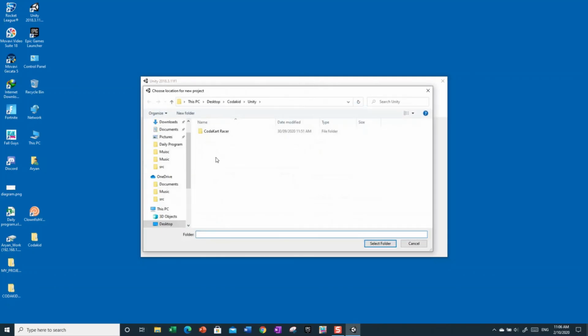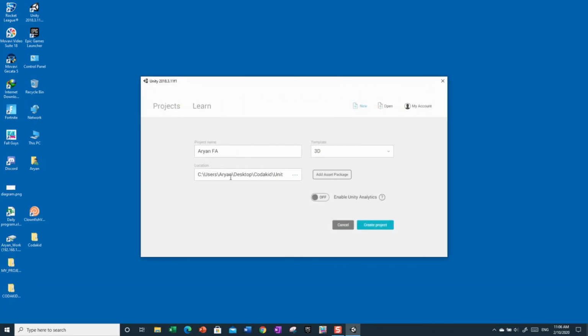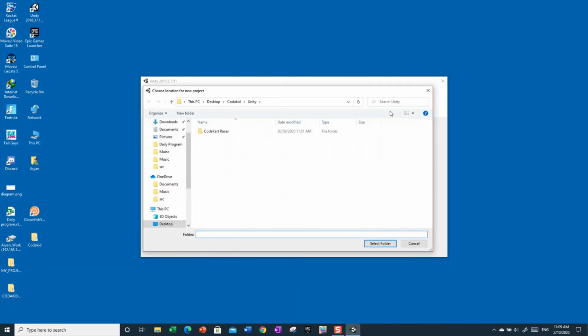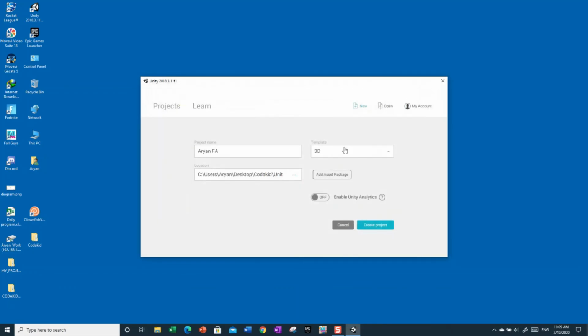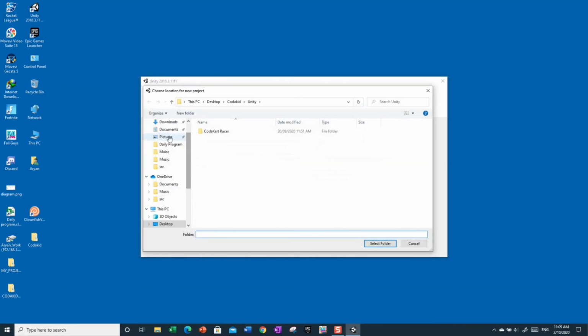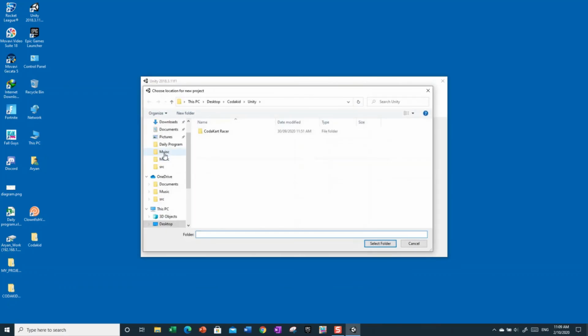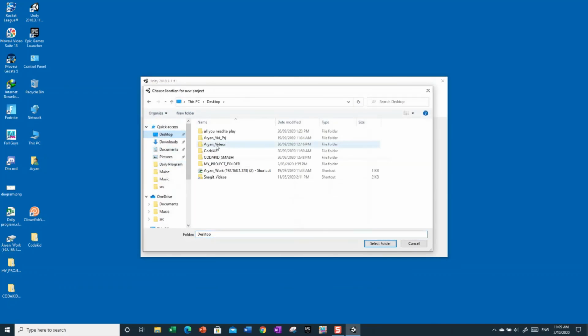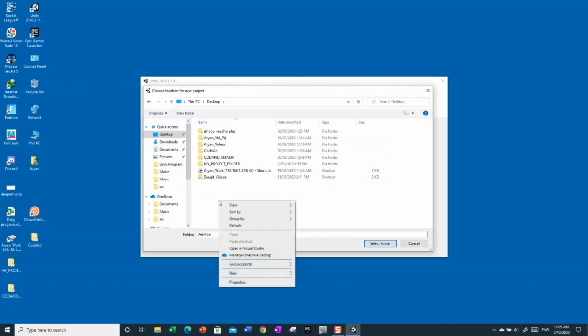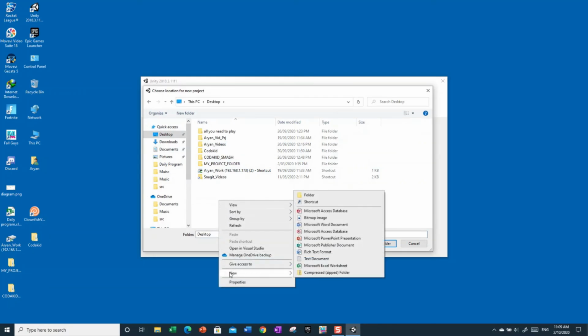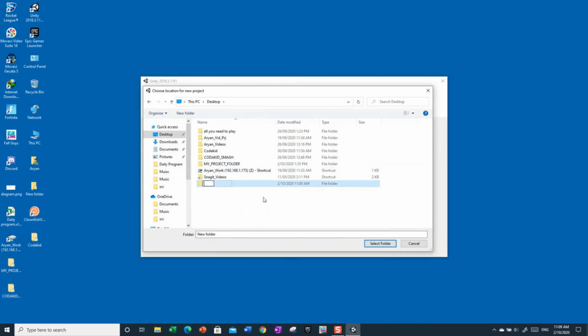And then you want to locate it somewhere. So where do you want to locate it to? Okay, so the location is basically where you want to save the file to, like the actual game. So we're just going to click a location. Let's say, you want to click on the 3 dots. Let's go into the desktop and make a new folder called